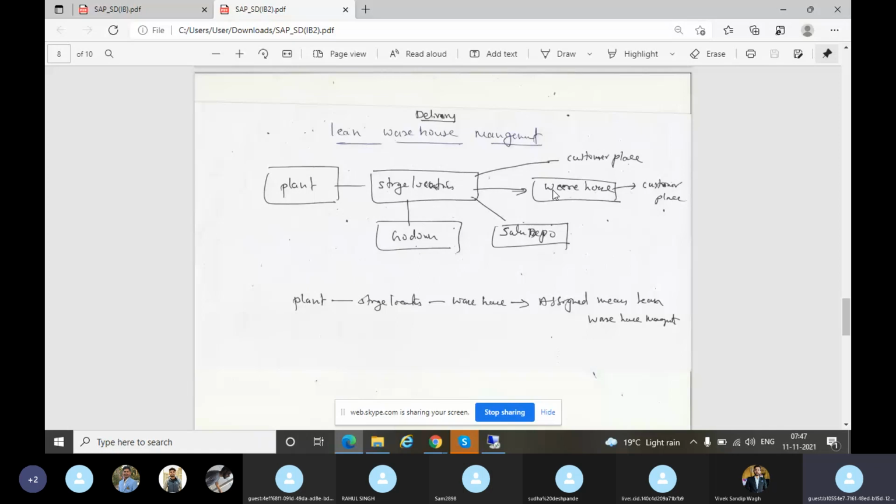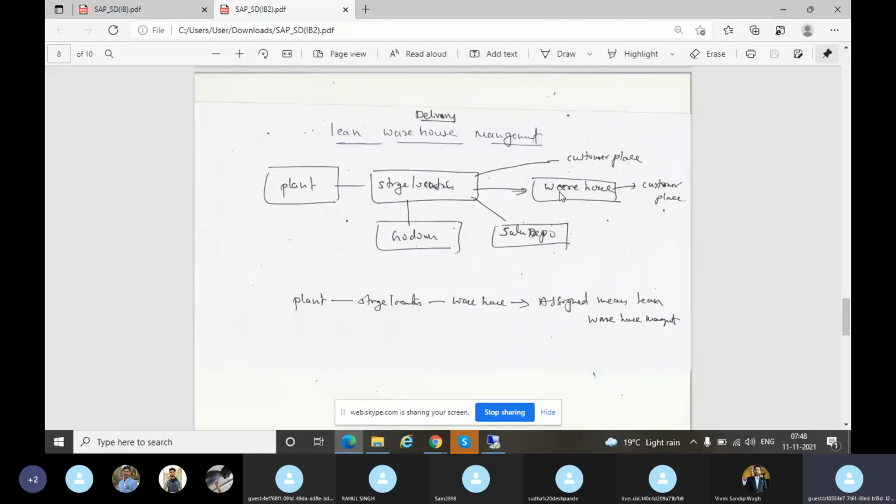Next, in the warehouse, you can do mini assembly. You can assemble the product and declare it as finished goods. Some products are disassembled, but you have to assemble them, then it will be a finished product. Indirectly, it is a mini plant, which cannot be done in the storage location. Next, in the warehouse, you can generate a bill and generate reports. In the warehouse, you can procure raw material. Purchase people will be sitting here. They can purchase the raw material for assembling the product. And from the warehouse, you can issue the material.